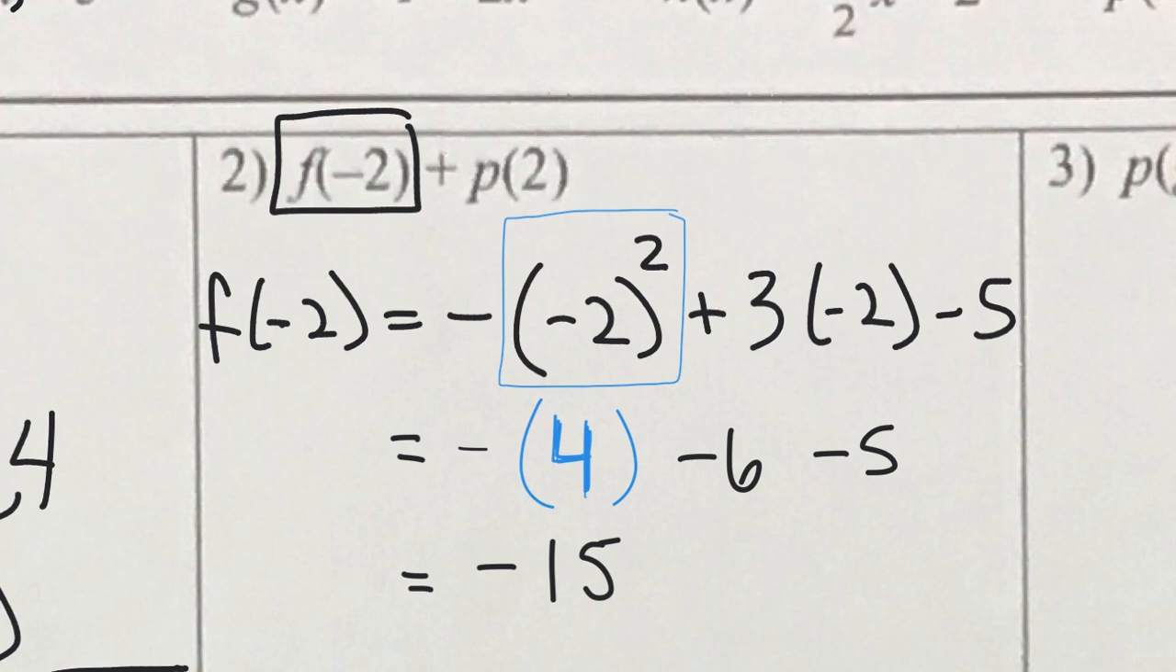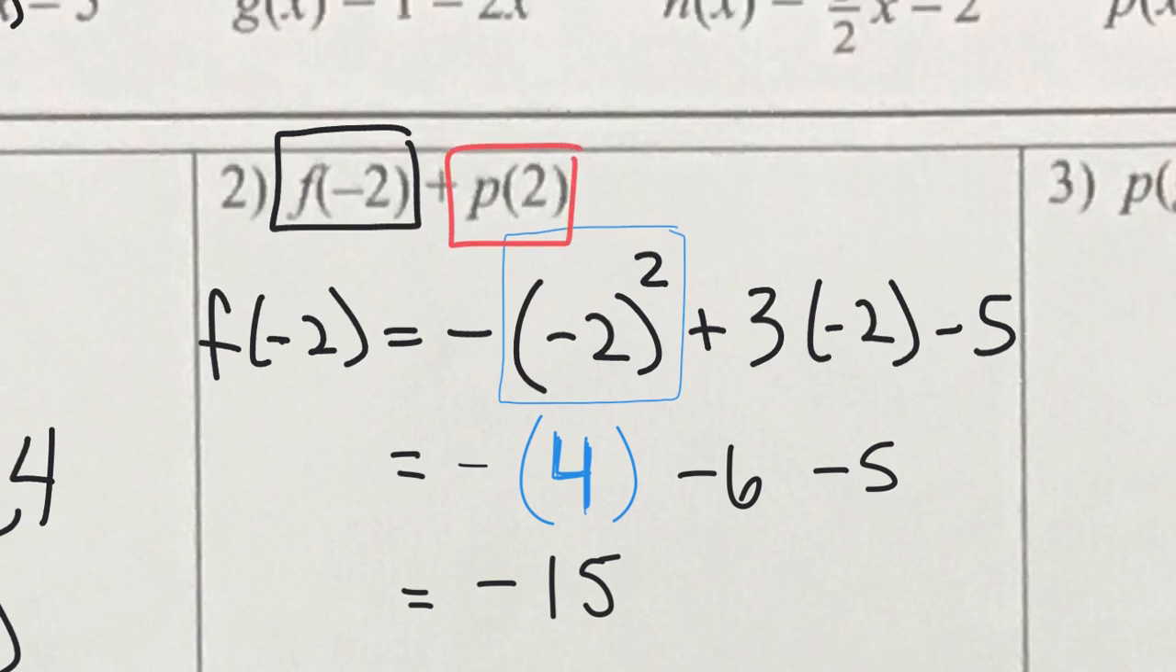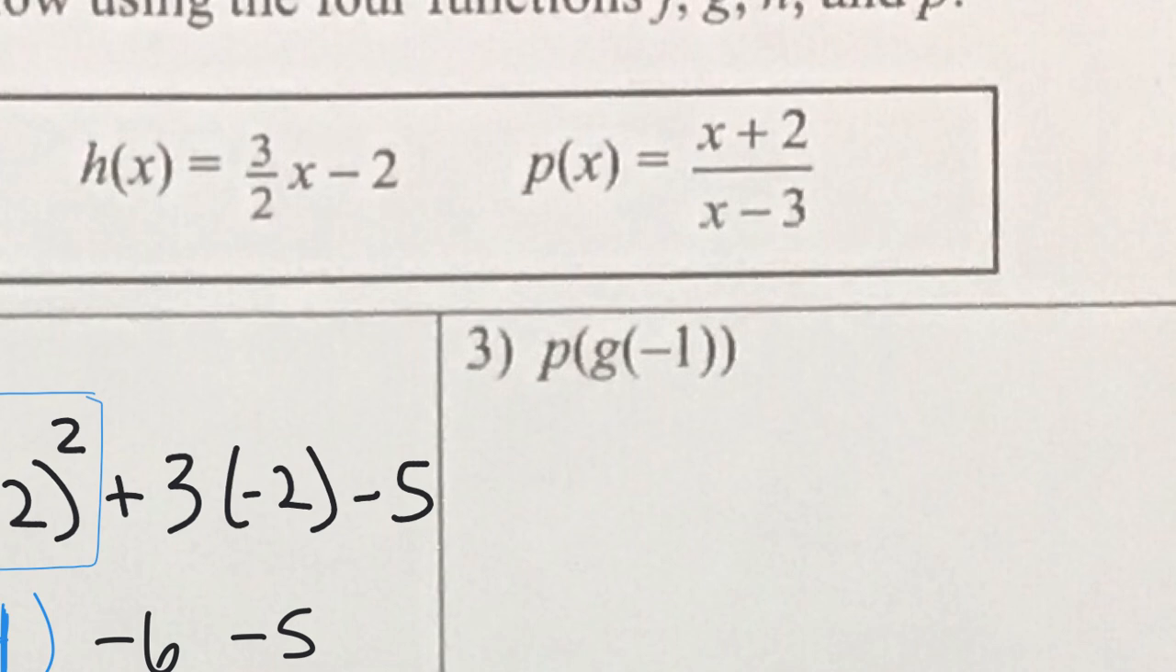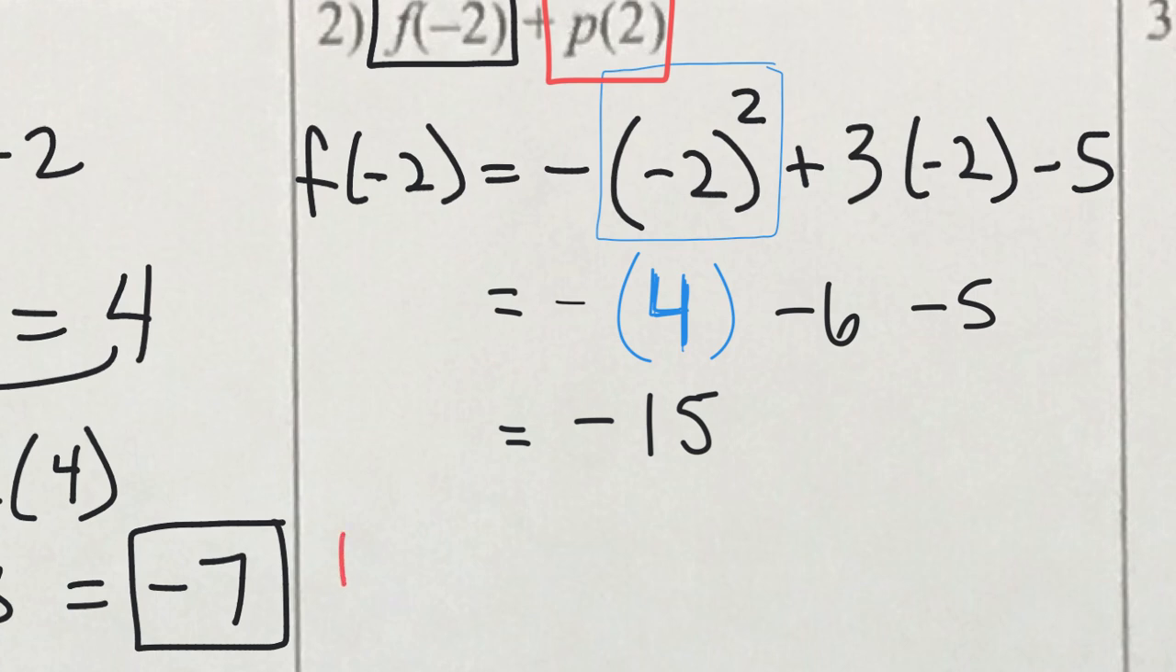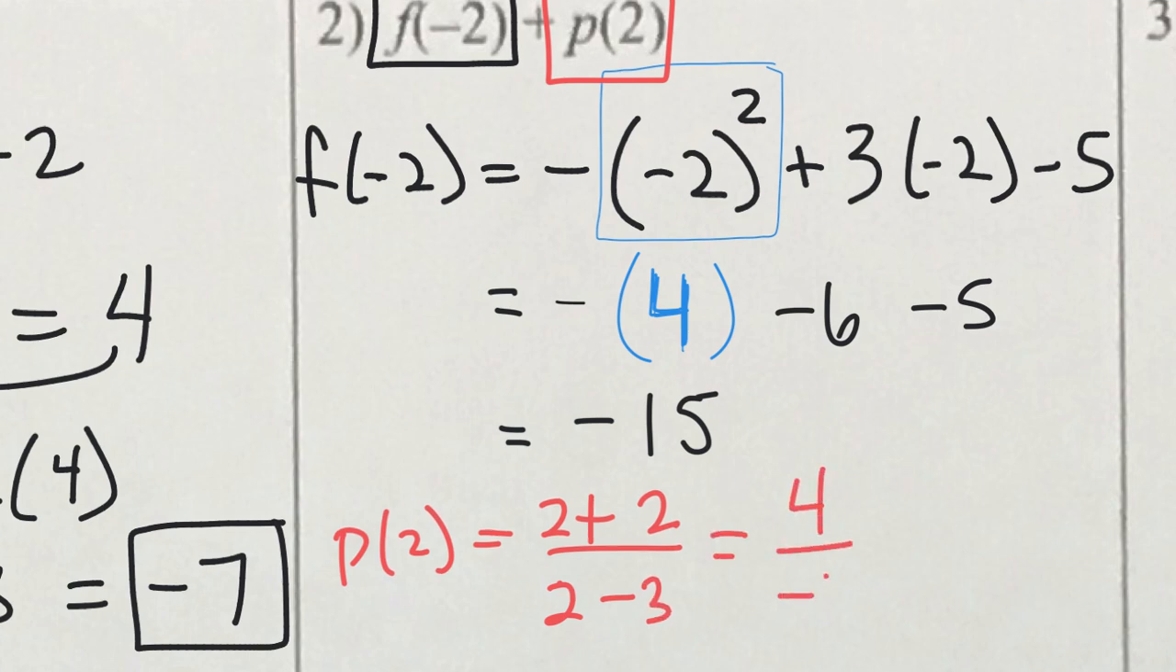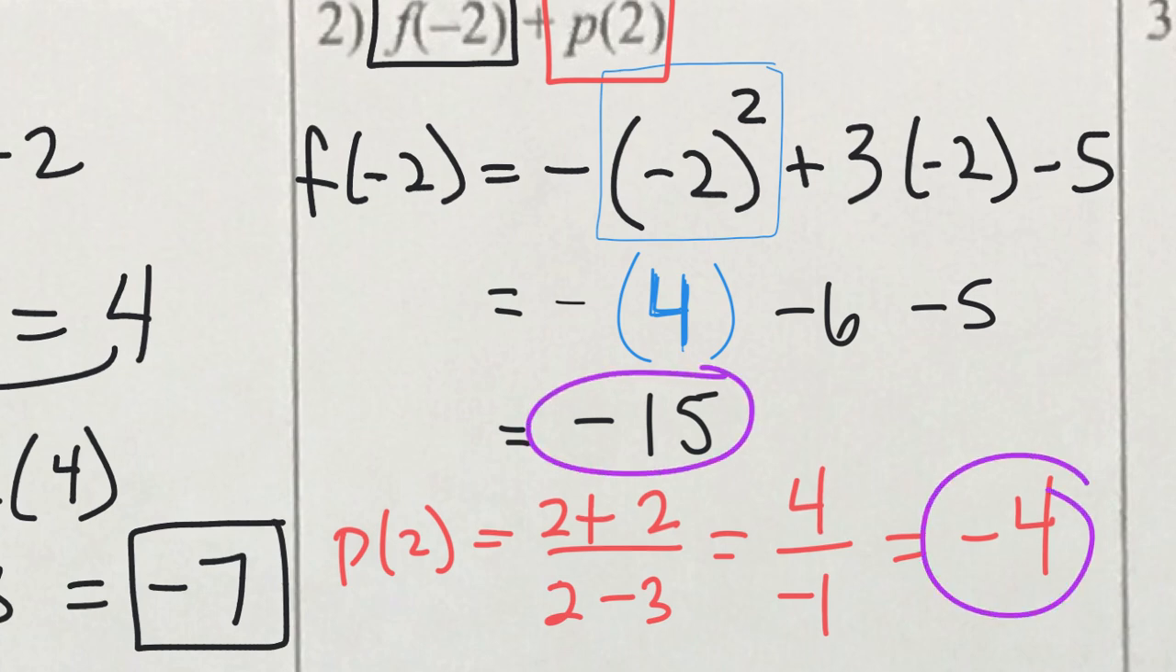Now the other one says, okay, what is p of 2? So we're going to plug 2 into your p equation. So you put a 2 in the numerator and a 2 in the denominator. So p of 2 is 2 plus 2 over 2 minus 3, which is 4 over -1, which is -4. So now that I have my two values, I have evaluated the f function at -2 and the p function at +2, I can add these two numbers together to give me my answer. So -15 plus -4 is